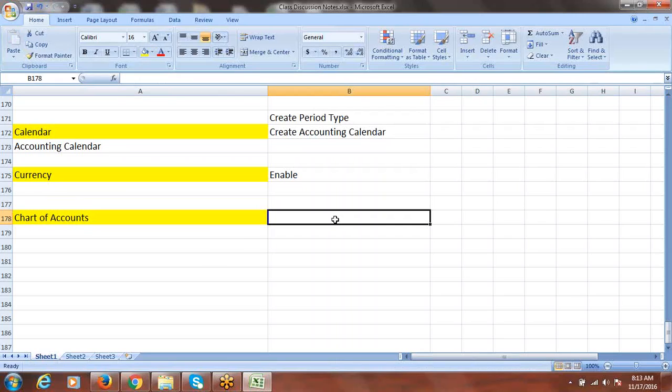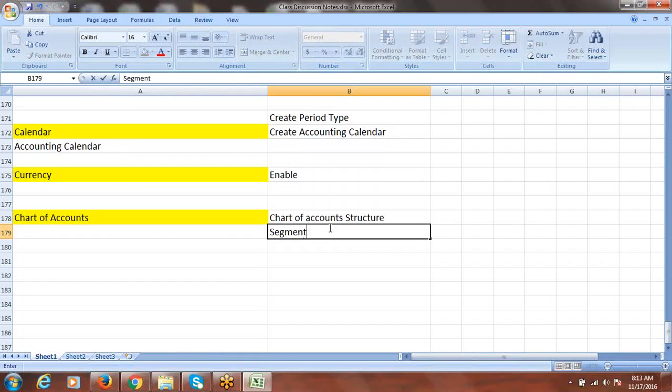When you talk about chart of accounts in case of EBS, we'll create the chart of accounts structure. Within the structure we'll create the segments. I'm just explaining the sequence which the system will allow us.